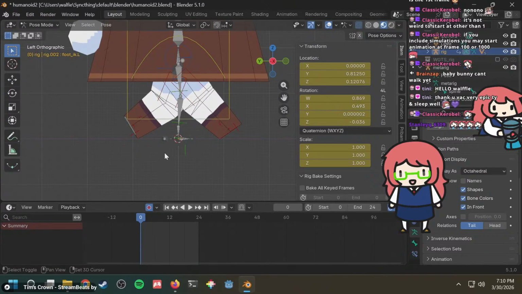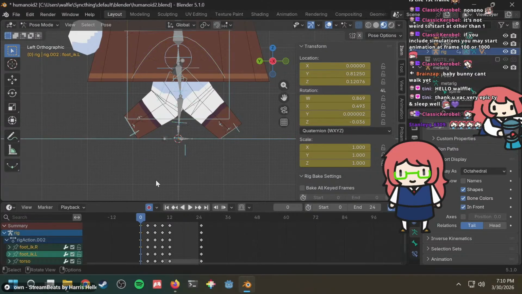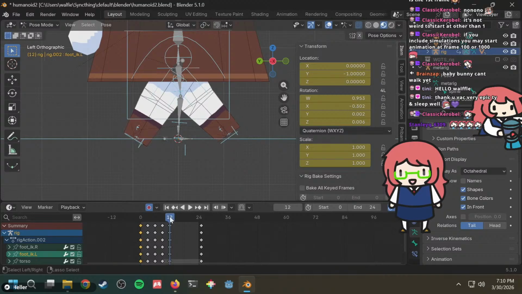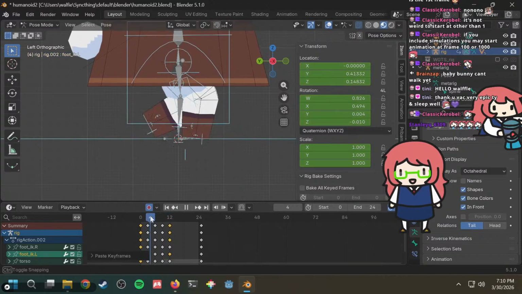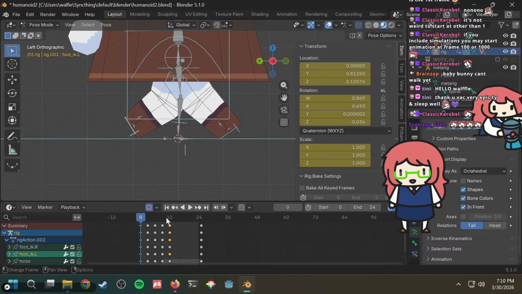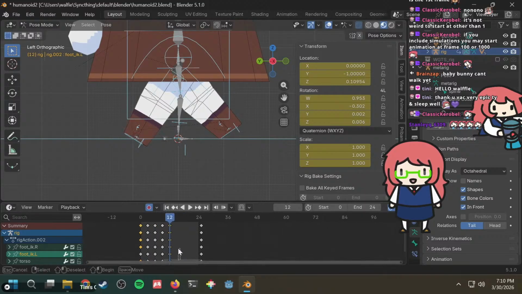I pressed Control A, Shift A, just regular A. I've selected everything, but these have not been selected. Do I have to manually select them? Copy, and then Control Shift V. Does that not do what I expected it to do? This is not working, guys.